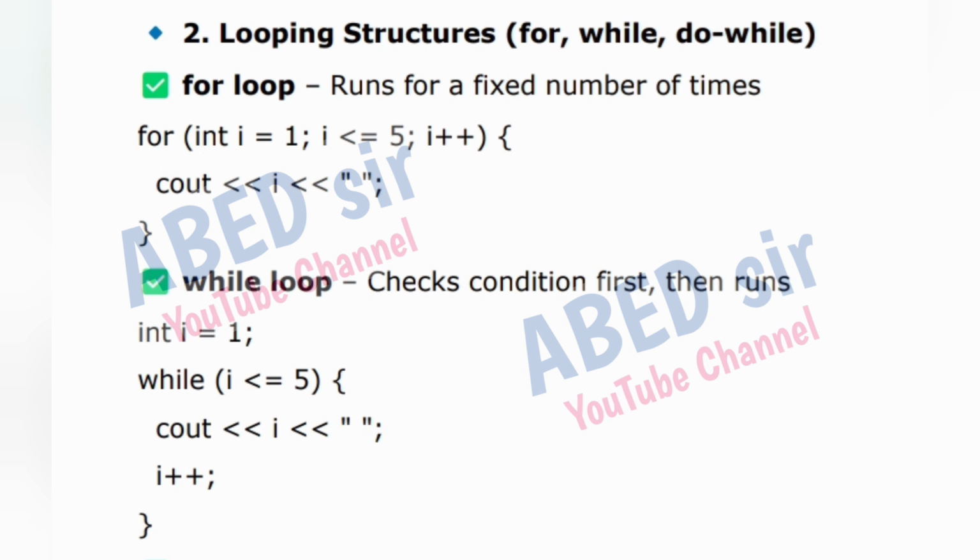2. Looping structures: for, while, do while. For loop runs for a fixed number of times. for(int i = 1; i <= 5; i++) cout << i; While loop checks condition first, then runs. int i = 1; while(i <= 5) { cout << i; i++; }